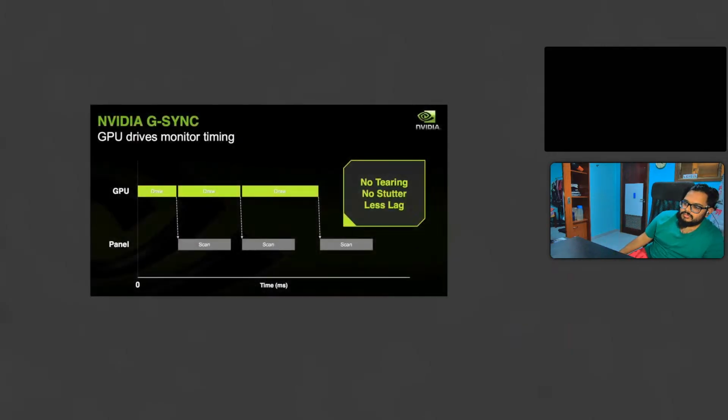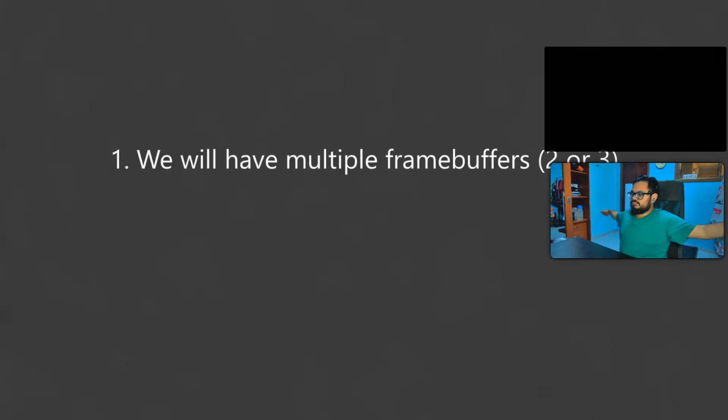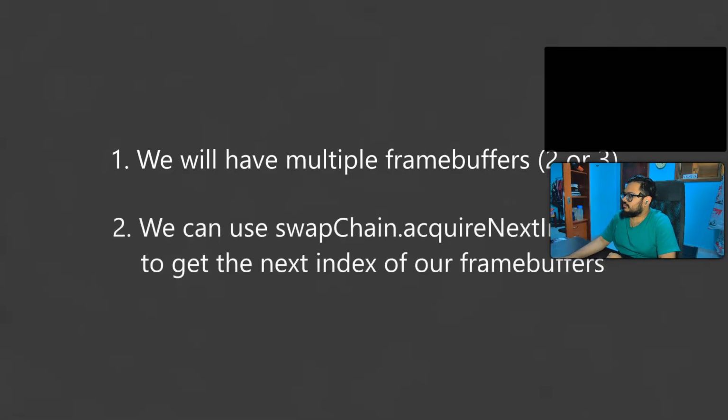You may have heard of adaptive sync or G-sync, which changes the display's behavior so it doesn't have to wait the entire update period before refreshing. Also, all of this depends on the type of present mode our swap chain is using. We'll discuss this more in a bit, but for now the key takeaways are: 1. We will have multiple frame buffers, likely 2 or 3. And 2. Each frame we ask the swap chain to tell us